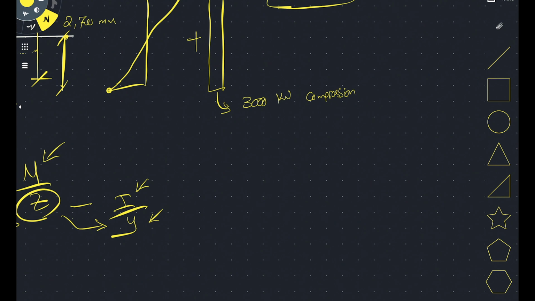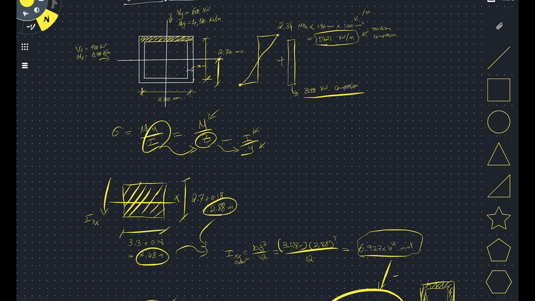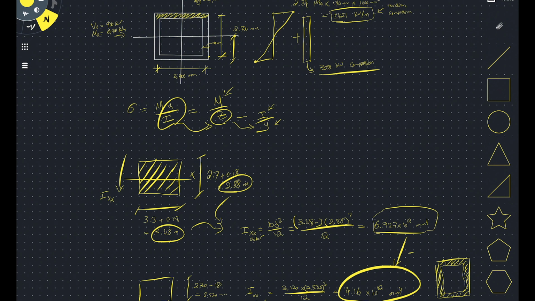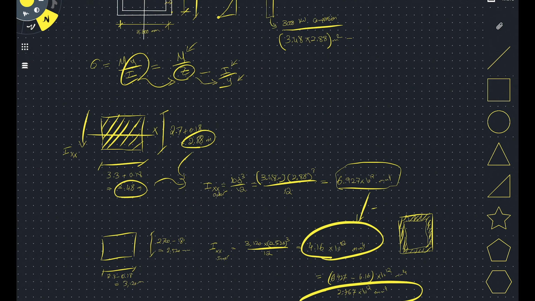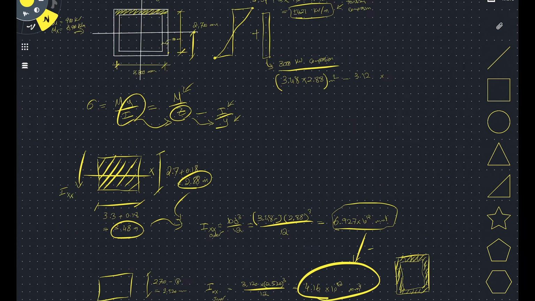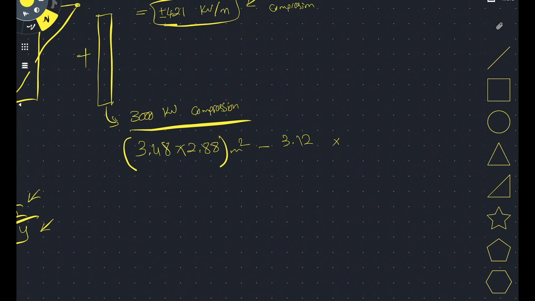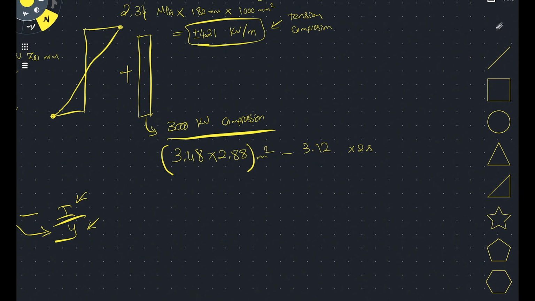If you remember, our outer area was 3.48 times 2.88 meters square minus my inner area, which was 3.12 multiplied by 2.52 meters square, sorry, this is meters square actually,